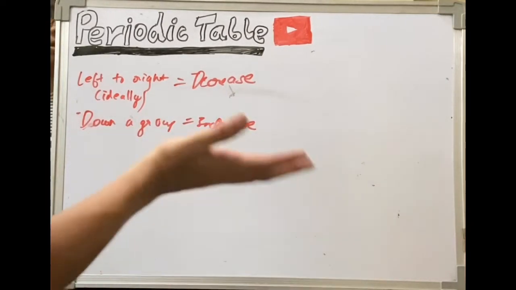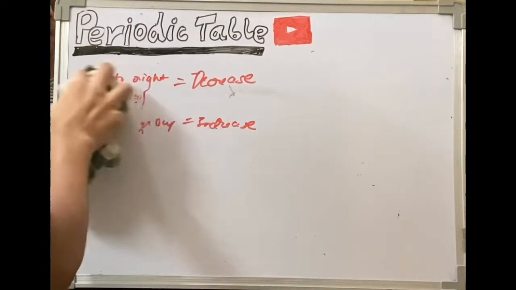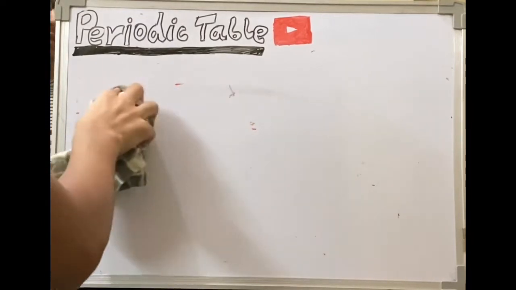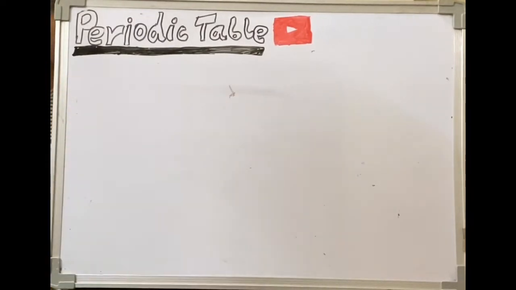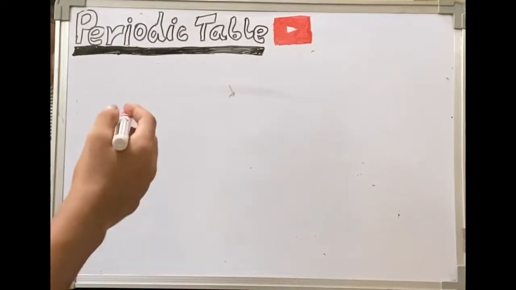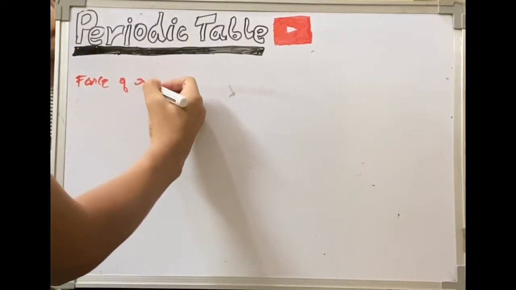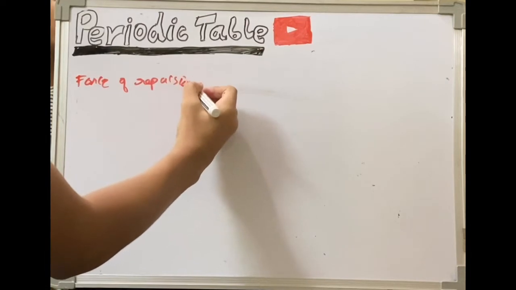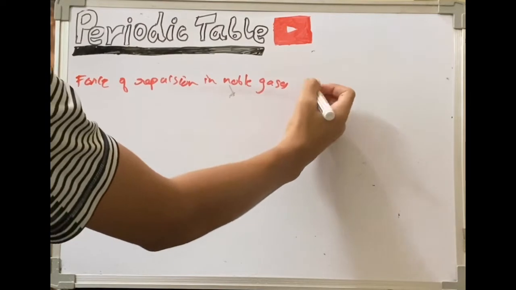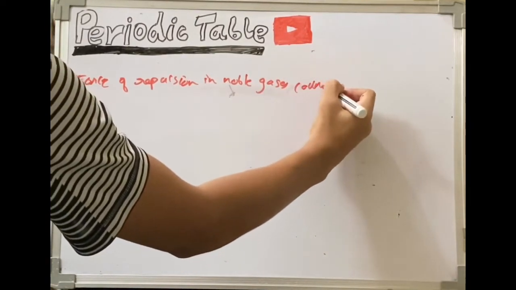So can you say in a period the element having the highest atomic radius is the first one in the period? Yes, we can say that only if we neglect the noble gas elements' radius, because of force of repulsion. There's a force of repulsion in noble gases, it counterbalances.